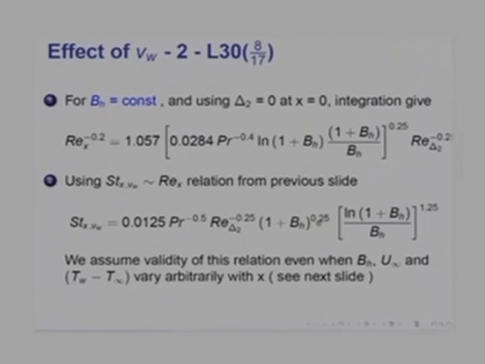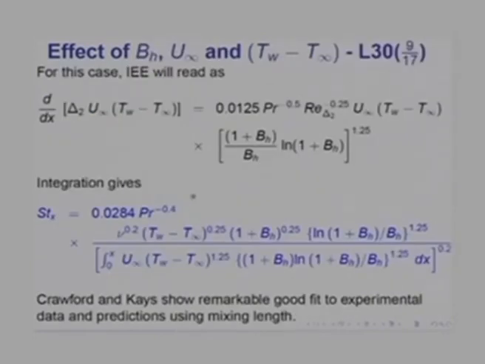Now, like in the previous case, we shall assume the validity of this relationship between Stanton x and delta 2 even when BH, U infinity and TW minus T infinity vary arbitrarily with x. So, that is what I have done in the next slide. For this case, the integral energy equation will read like this, and if we integrate as in the previous case, you get Stanton x equal to 0.0284